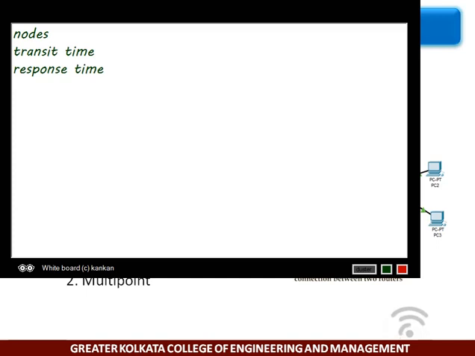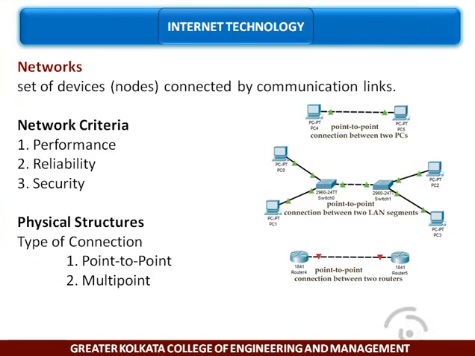The performance of a network depends on a number of factors, including the number of users, the type of transmission medium, the capabilities of the connected hardware, and the efficiency of the software. Performance also is often